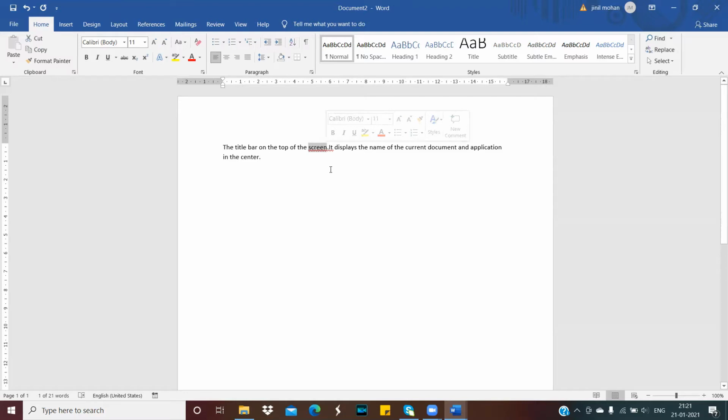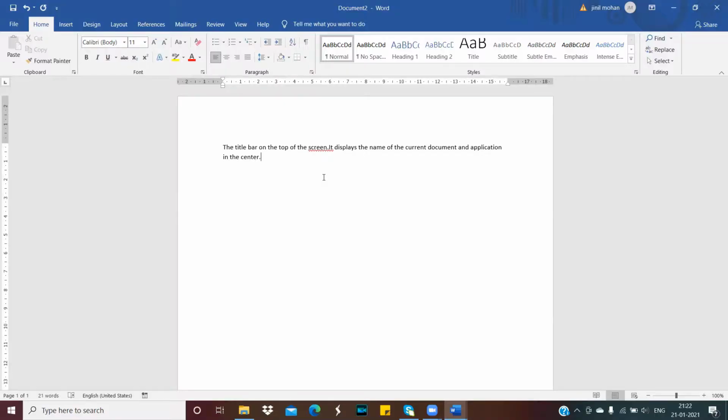Okay, this is the method of doing selection in MS Word. Now the selected text is highlighted. When we click on another place, the selection will be released.